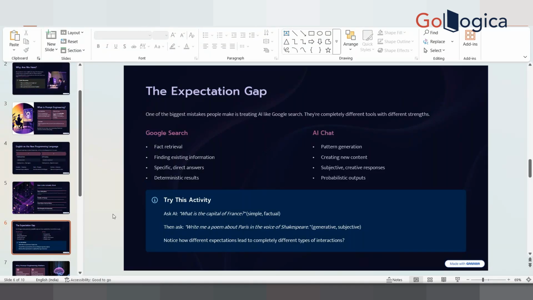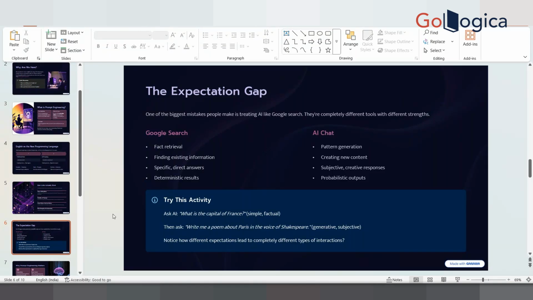It generates something creative, and probably will fetch something from Shakespeare's work itself to give some reference and write a poem about Paris. Then you can compare how different expectations lead to completely different types of interactions, right?